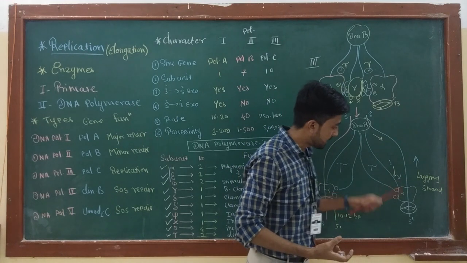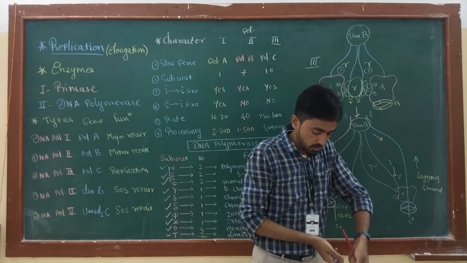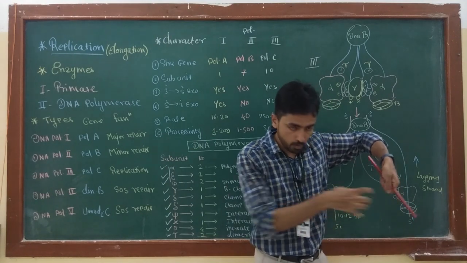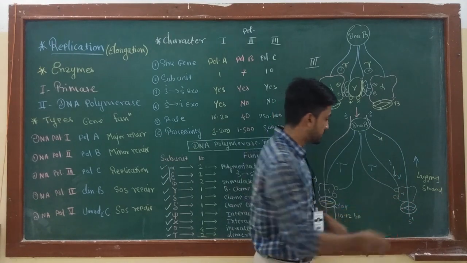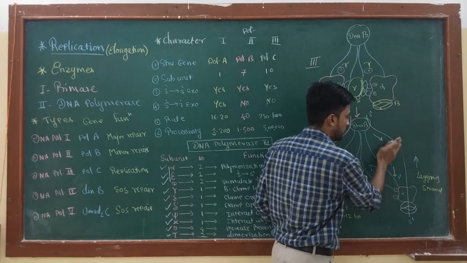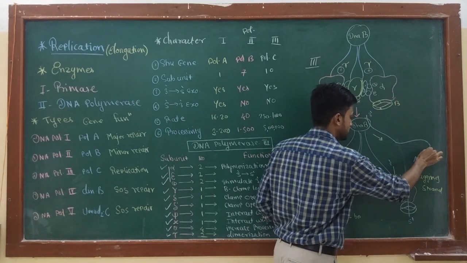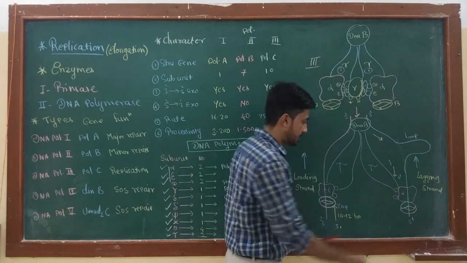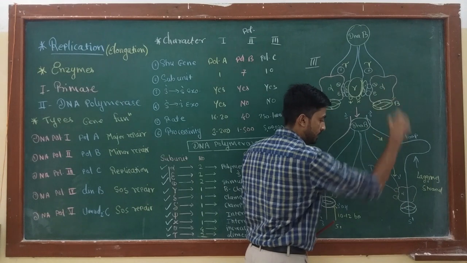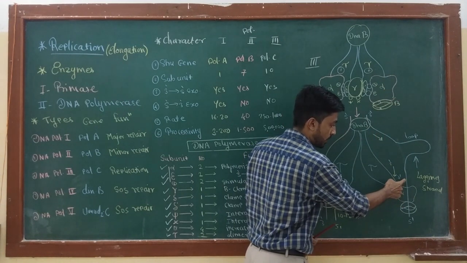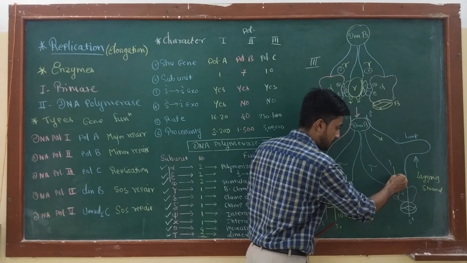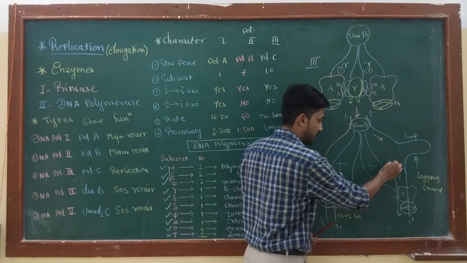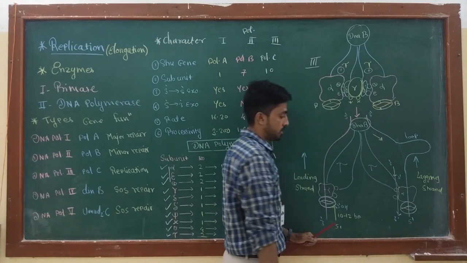So what happens? This alpha core polymerase pulls the template strand and then reads the template strand and forms new strand in opposite direction. Due to the pulling of the template strand, a loop is produced on lagging strand, and now the enzyme is able to read the nucleotides present on the lagging strand, and now the enzyme adds new nucleotides in this direction. Okay, so direction becomes 5 prime to 3 prime.